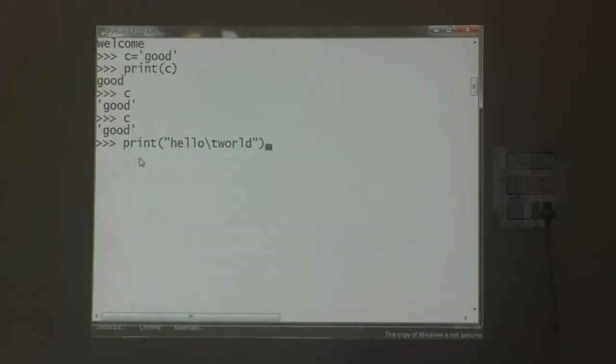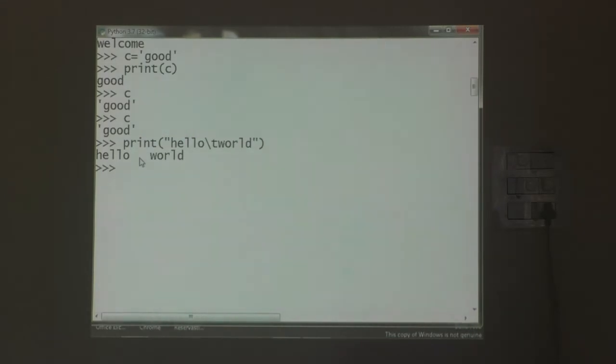It leaves some space between the strings. What will happen? See here, hello, then space, world. Backslash t is the horizontal tab, so a gap is given between the strings hello and world.